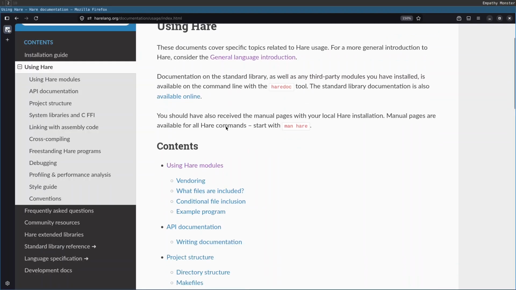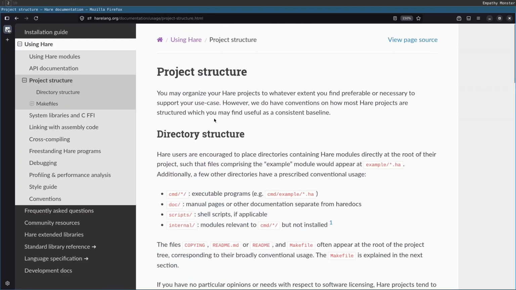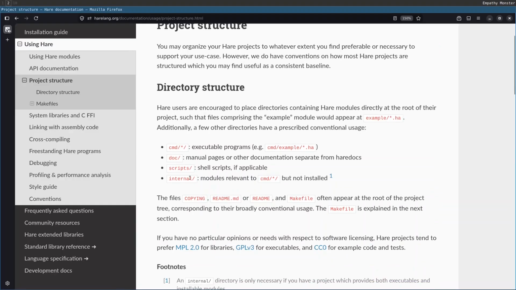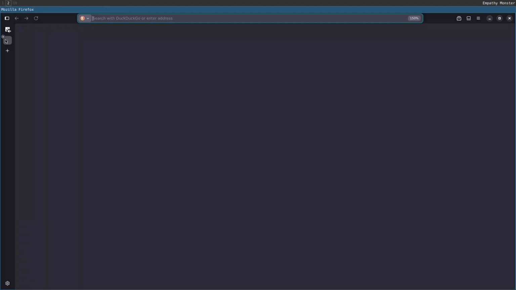Okay, so this is a great resource, right? If you go to the documentation, say using Hare, it has project structure, and you can look at this too. It gives you an example of the way that you should lay things out. For files, you can have copying, README, a make file, and it goes through this. And then what we can also do is say,